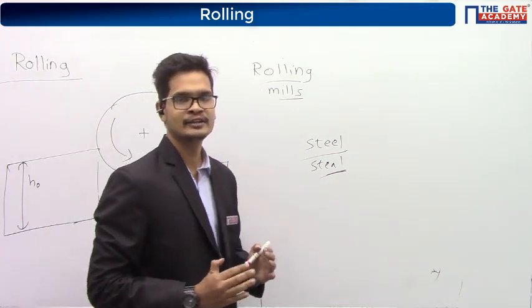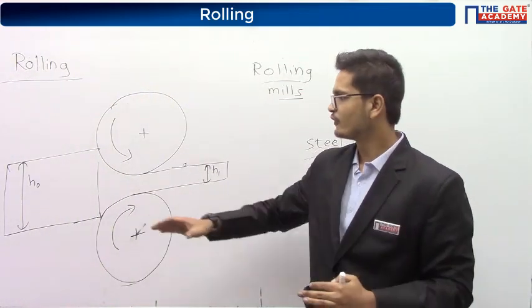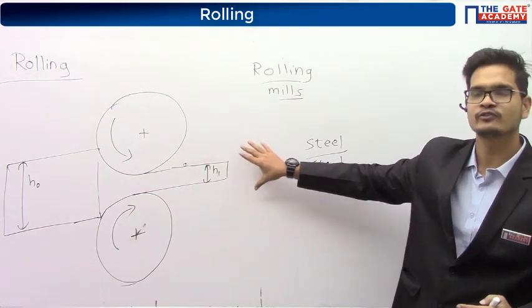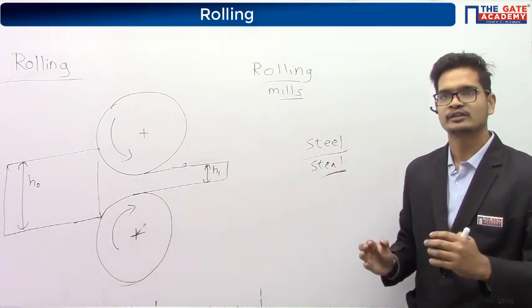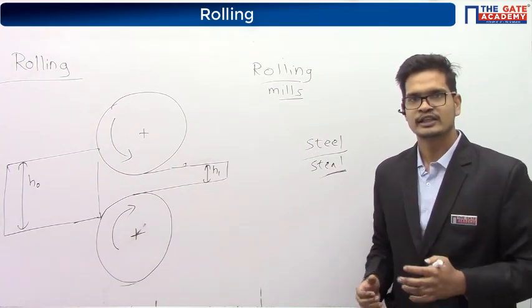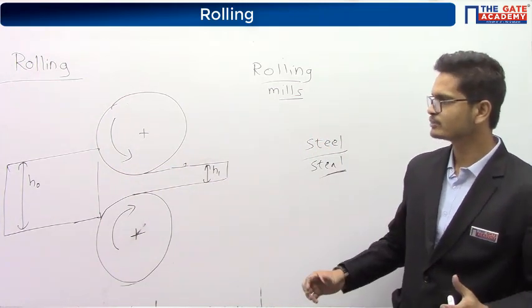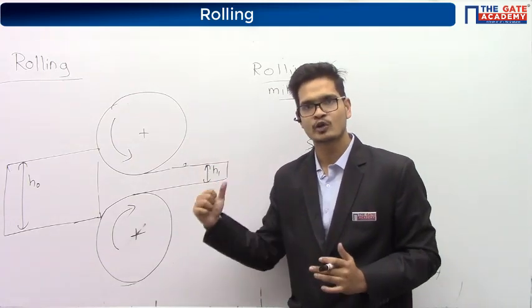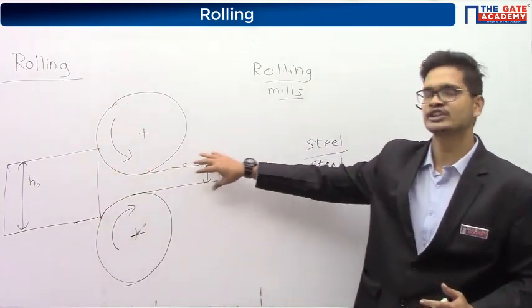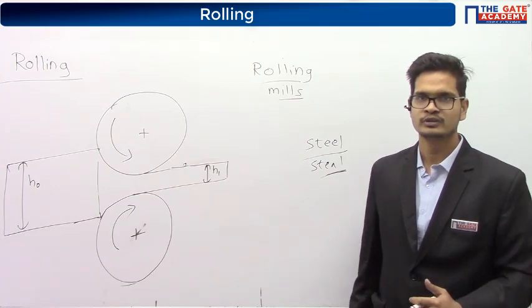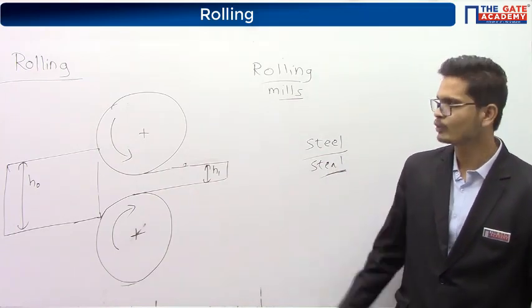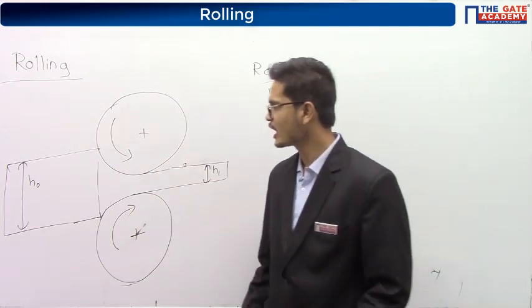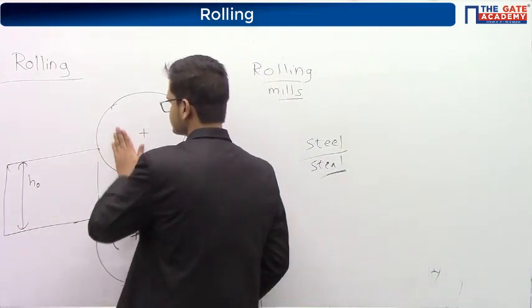Rolling mills are heavy industries. Their function is to reduce the thickness of the component. The steel plant will sell the components in some standard shapes. Then these rolling mills will buy those components and make sheet metal out of those initial work pieces, by passing the component through multiple rollers. So this is how a rolling mill operates.